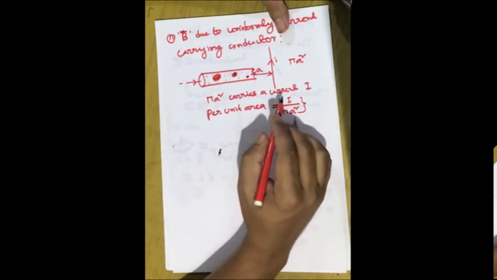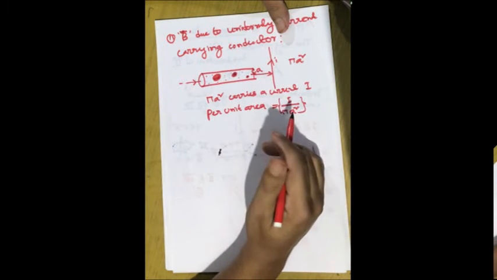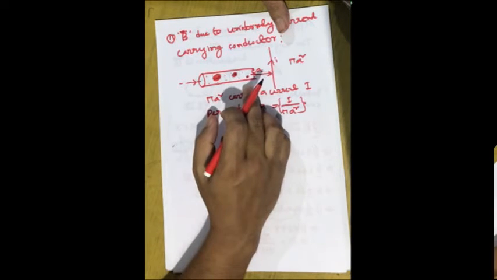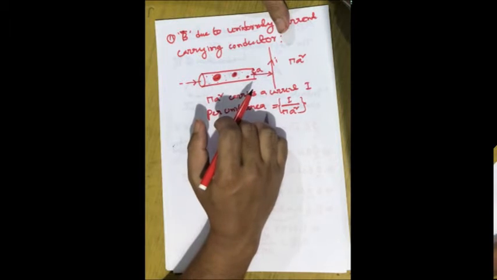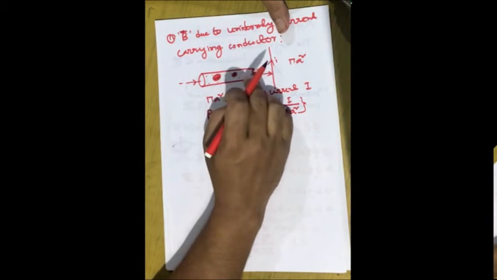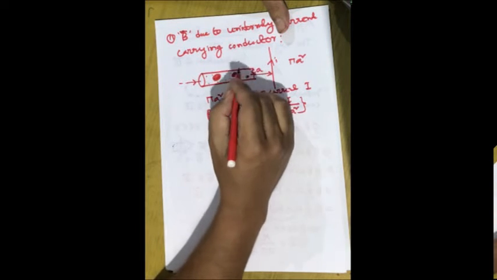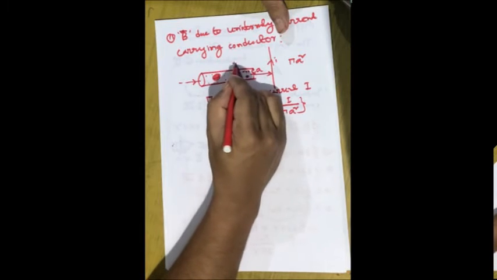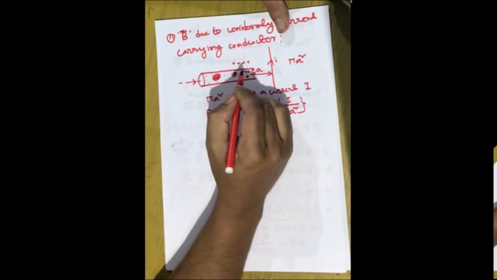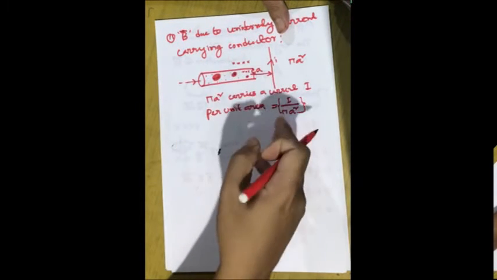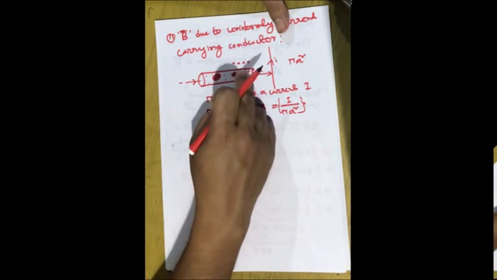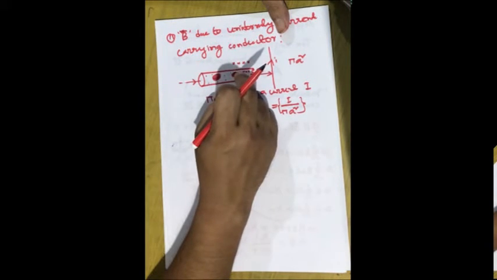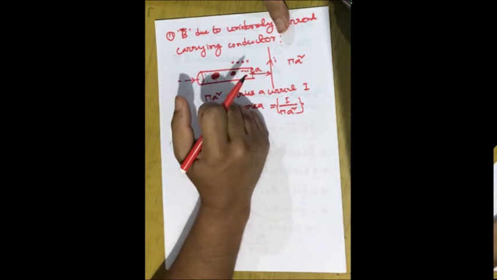Okay, so this is known as the uniformly current carrying conductor, and we are going to calculate the magnetic field for this conductor. Since we are taking a finite thickness of the conductor, there will be a magnetic field at any inside point of the conductor as well as outside point of the conductor. So in this part, we are going to calculate the value of the magnetic field inside the conductor as well as outside the conductor. Okay, so this is our problem.